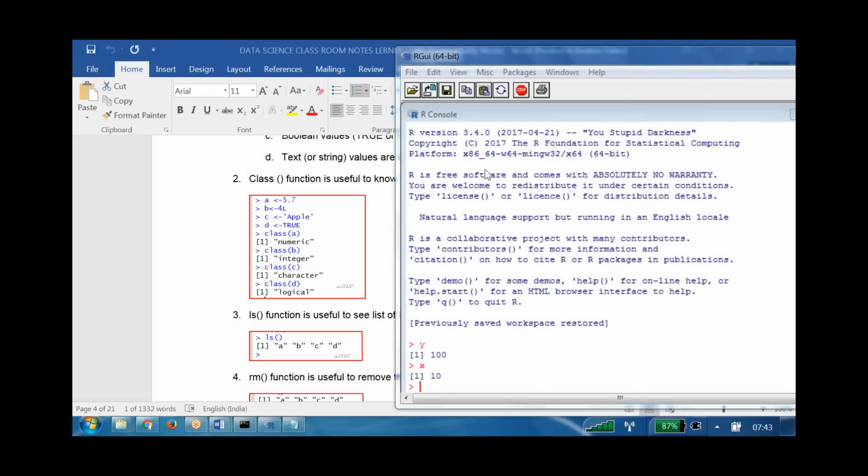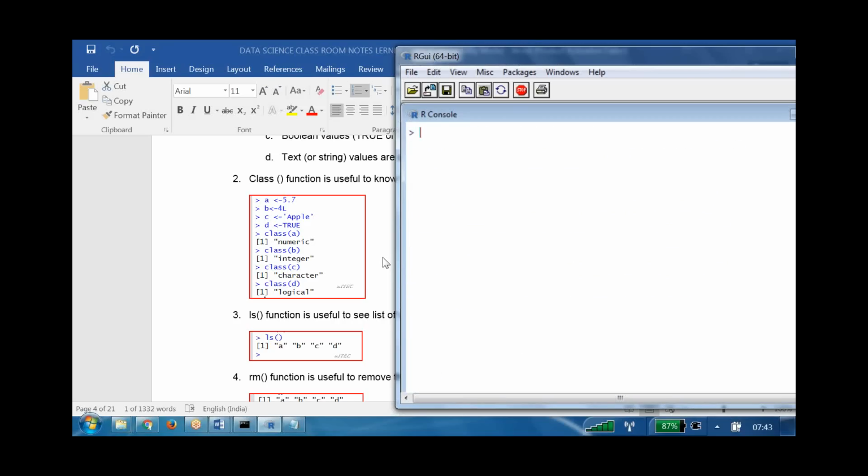Let us go and try to clear the screen. Let me give the control to you people so that you can practice this. I am giving control to you, Venkat. I gave the control. Just type Control plus L. You click on the R console, then type Control plus L. If you type Control plus L, it is going to clear it. Okay, now the workspace is cleared.